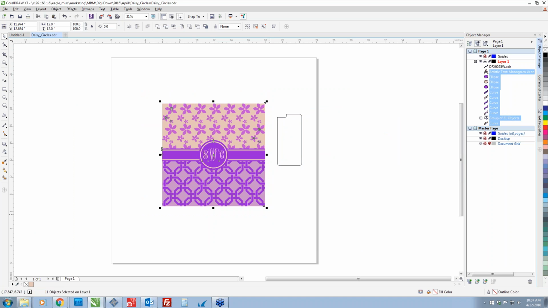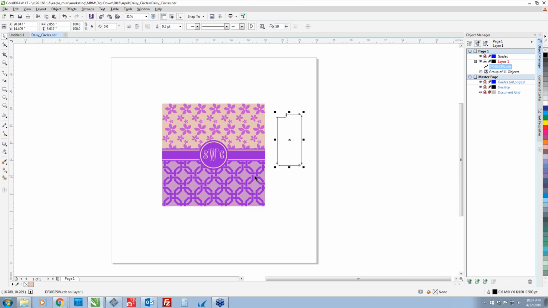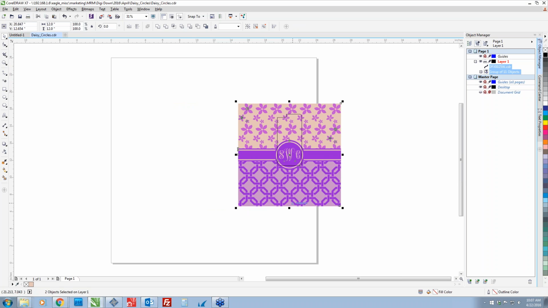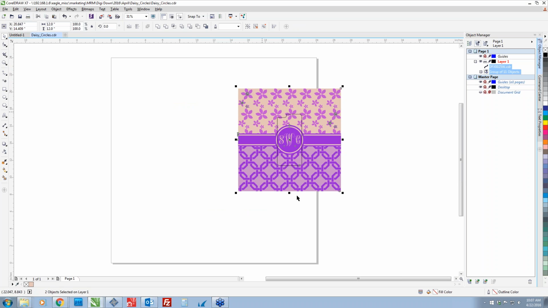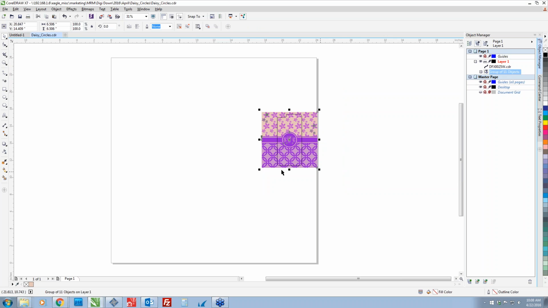So you just want to take it, draw a box around it, group it together, and then center it by clicking this. Click your image, hold down the Shift key, click onto your template, and then hit C for center and E, which is going to line it up and down. So now all you want to do, click back on your artwork and shrink it to fit into